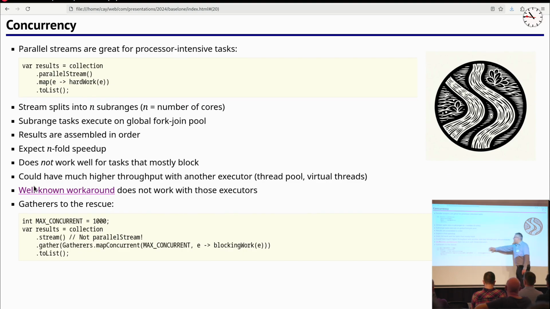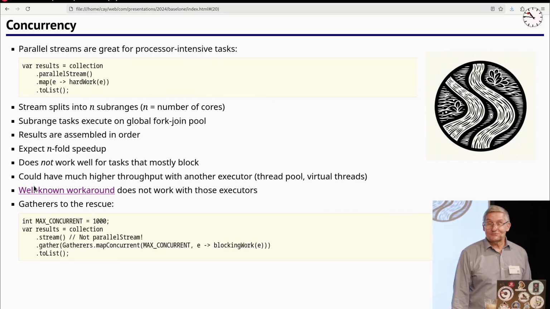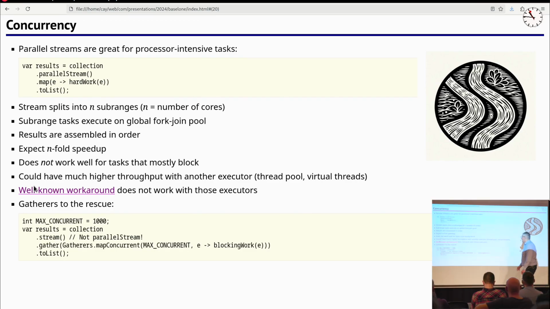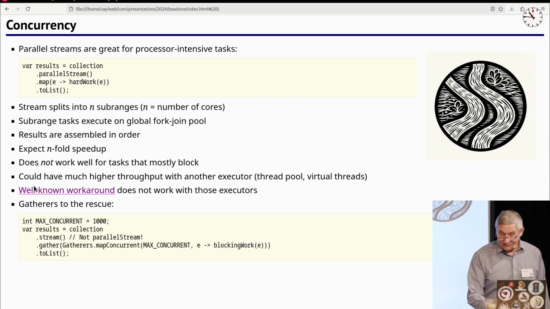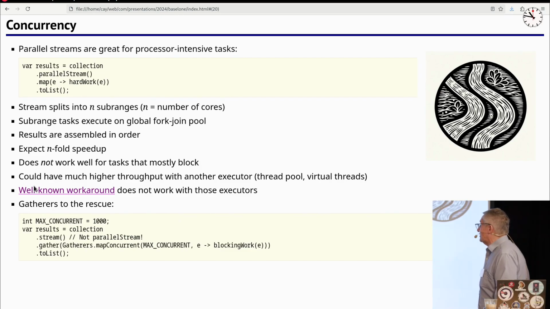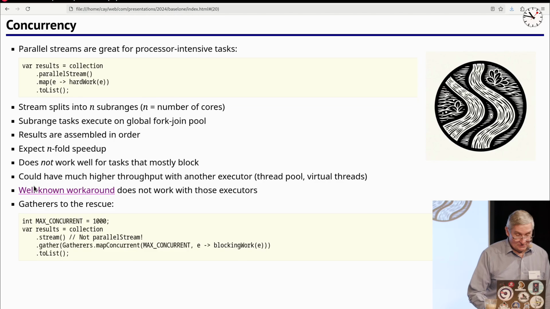So you can do whatever blocking work over a data structure, over a range of data. And it works very nicely: if somehow this thing fails, it shuts down all of the other tasks. So if you ever think, gosh, I have the stream, I would like to have its work done concurrently, but these tasks are blocking, then go and check out gather mapConcurrent. It really is nice. So I obviously will not have time to give this demo, but